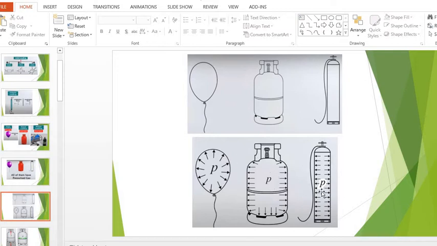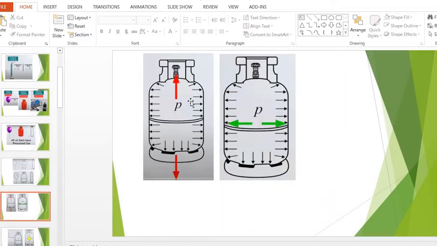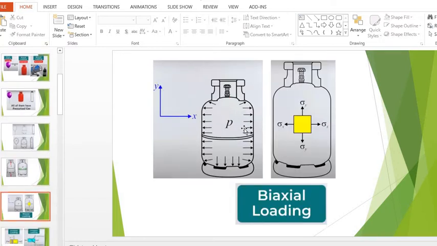Similarly here, right? What happens if this pressure is exerted at the top and around the sides? It will try to expand this cylinder or this balloon, right? Similarly here we can see it will try to expand in this direction, it will stress in x direction, right? So what will happen then? The result will be that it will expand, right? Now we will see that this stress will act in x direction and in y direction.